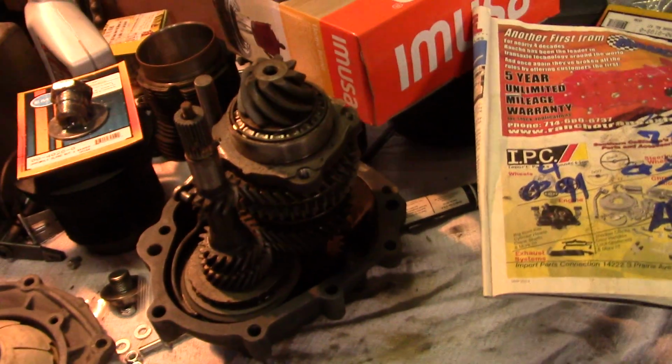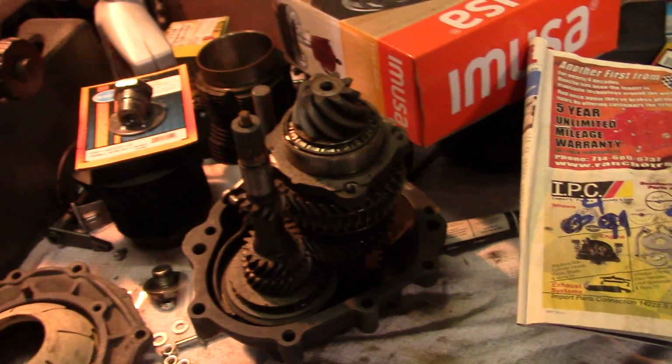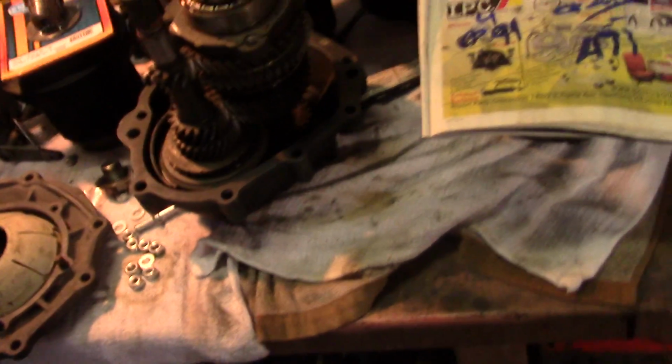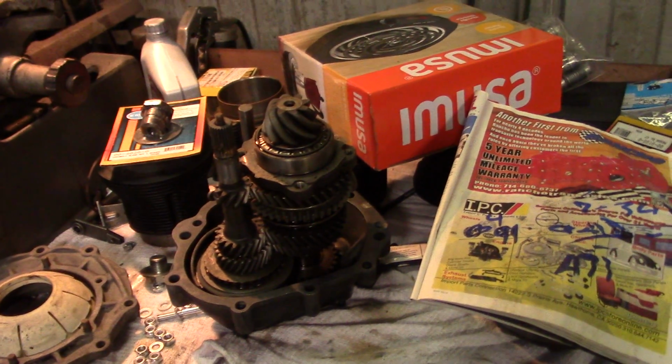This is the transmission for the blue car. It was sitting in the cabinet. It's going to have to come back apart. It's all filthy with dust and stuff now, but it's clean enough to stab in the Rhino case and set